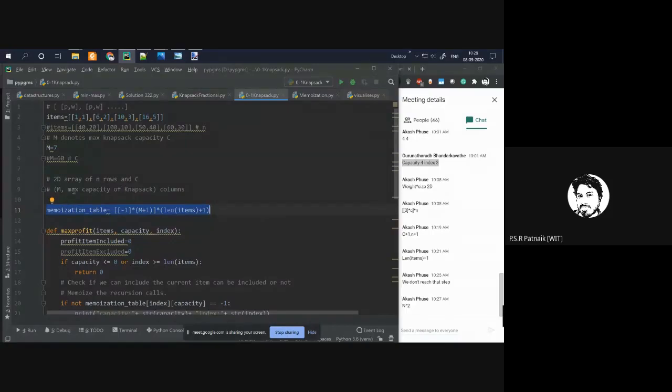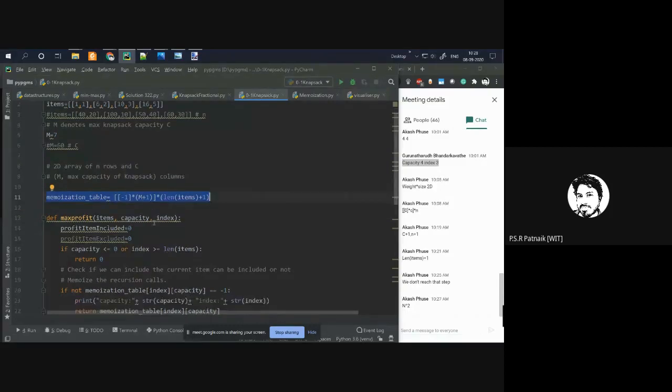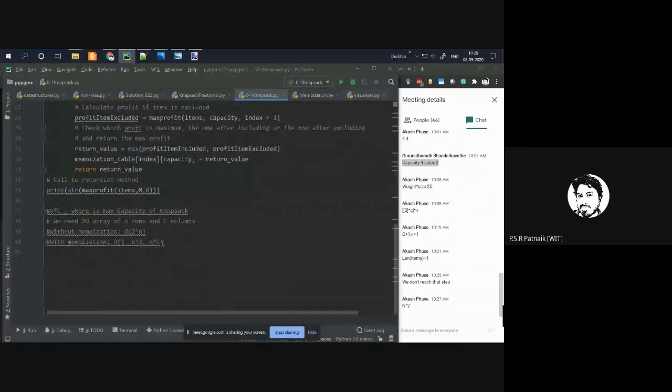If I consider the cost of computing one cell of this table to be approximately constant, you will be computing almost n into c values. So instead of saying n square, you are saying n into n, but remember, I'm not doing n into n.